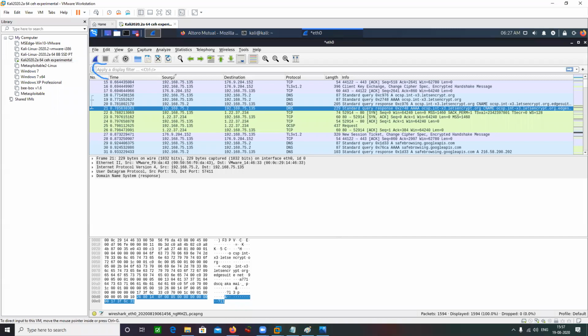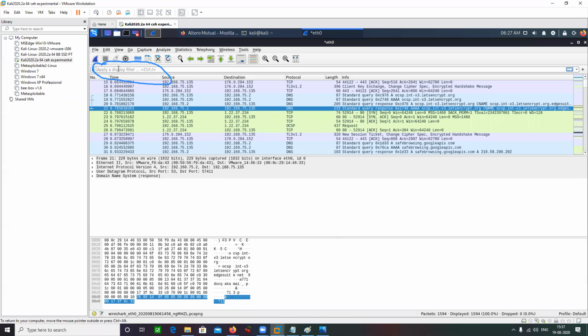Here you can see there's a filter option. What are these filters? These filters are basically to show me some specific output. Let's say I want to filter on the basis of protocol, and I only want to see TCP based packets.